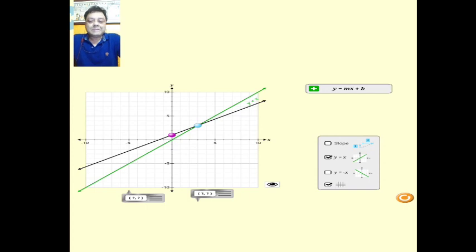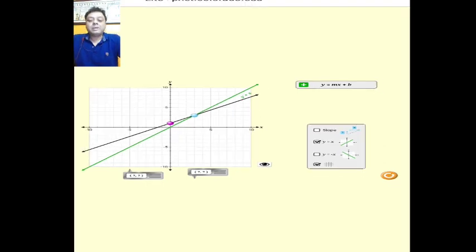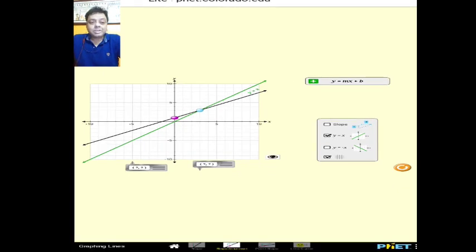This green colored graph you can see is passing through the origin and it has a slope of 45 degree. What is slope? In fact, slope is tan 45 degree. The tan 45 degree is equal to 1. Slope means the tan of the angle made by the graph with the